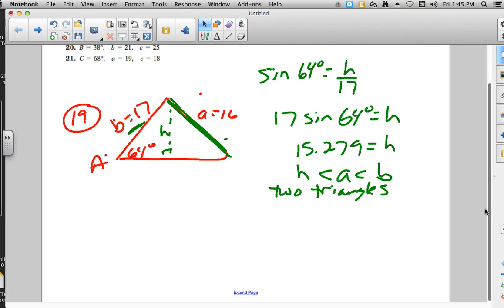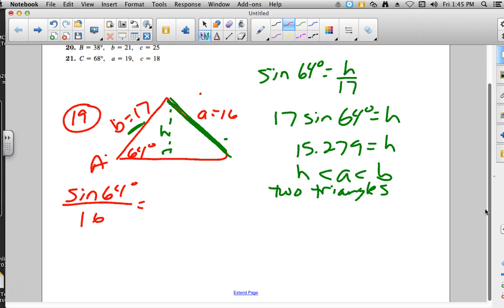Now, going back to the triangle, I see that I have the sine of 64 over 16 as one side of the proportion that I'll need. And I realize, well, this is going to be capital B, and this is obviously going to be a pair of C's here. And the only other information that I have at this point is that b is 17, so I have to figure out what angle B is before I can do anything else. So I would cross multiply,